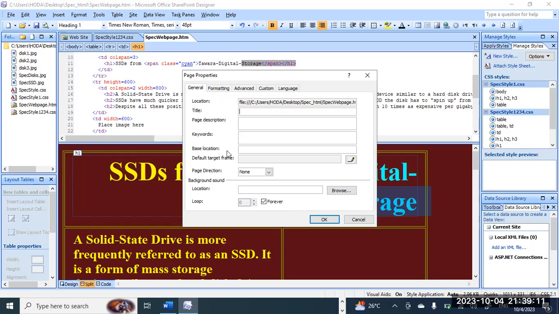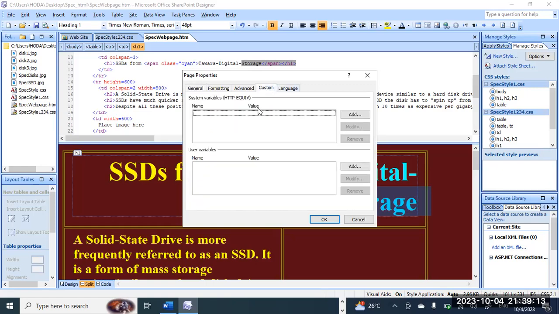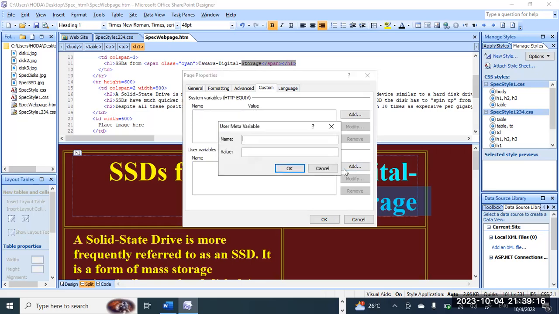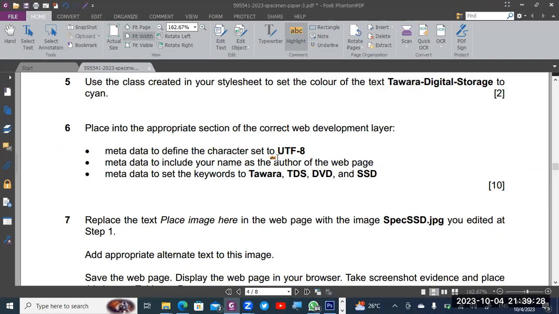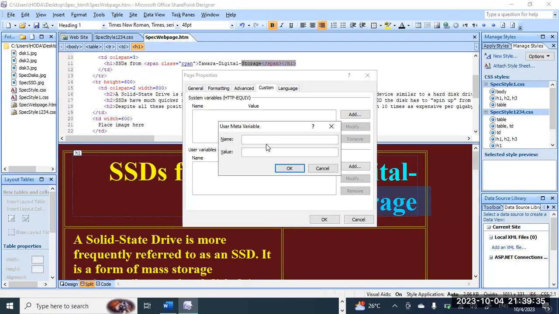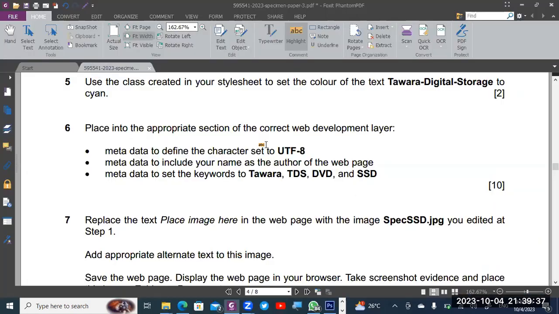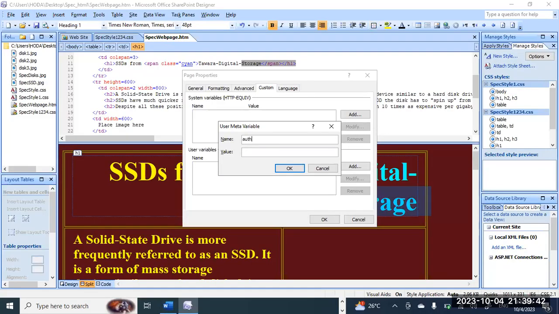And then go to the custom and then add what is the name of your author, your name, for example, capital letter, small letter, author, and then the value, your name,